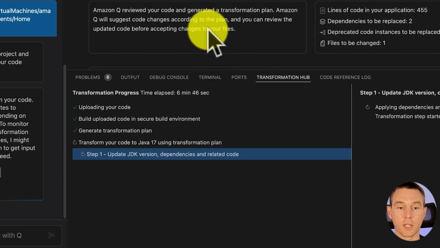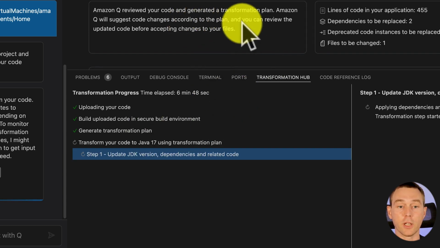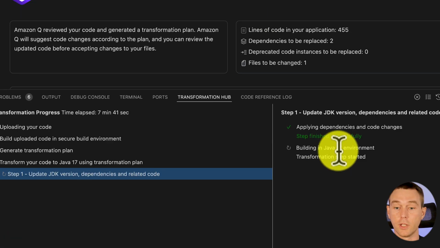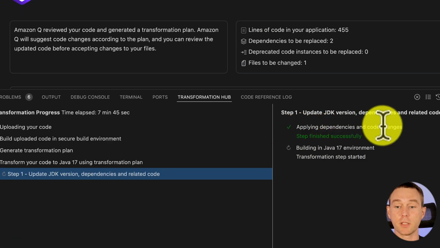And then it says that it did review the code and generated a transformation plan. It won't automatically apply the changes, it will let you review them, and that's basically what it's saying here. And as you can see here on the right, it says that the step of applying dependencies and code changes